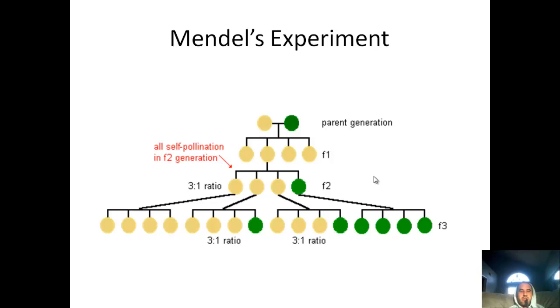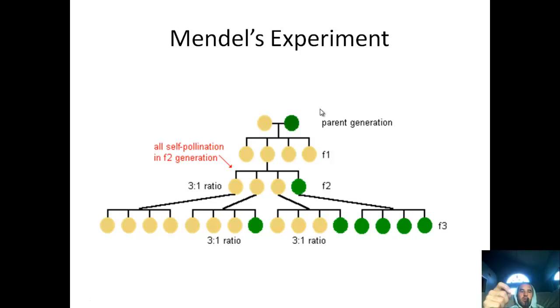So this is a simplified version of his studies. What he did is he did studies with the pea plants, and he would keep one trait. So let's say he just wanted to test pea color. In this example, it's when he tested the yellow and green peas. And what he'd do is he'd start with parents that had opposite traits. So the mom plant or the dad plant is yellow, and the other is green, and he produces a cross between them.